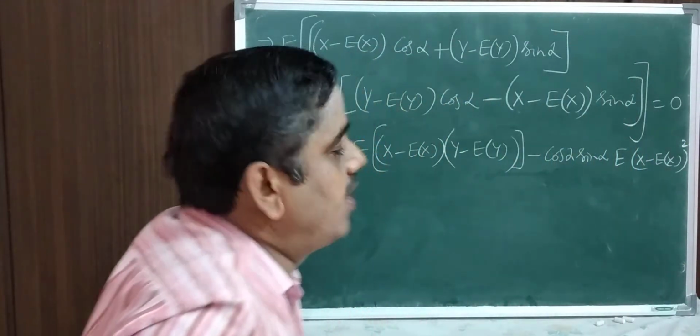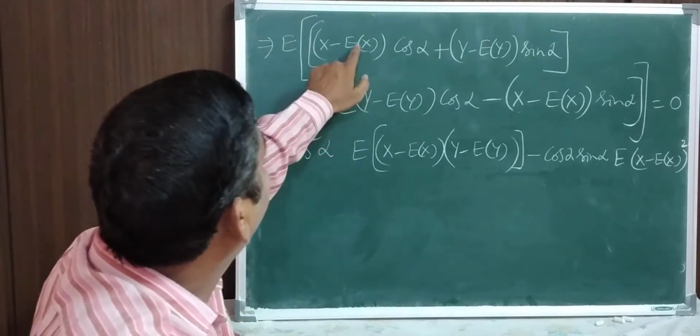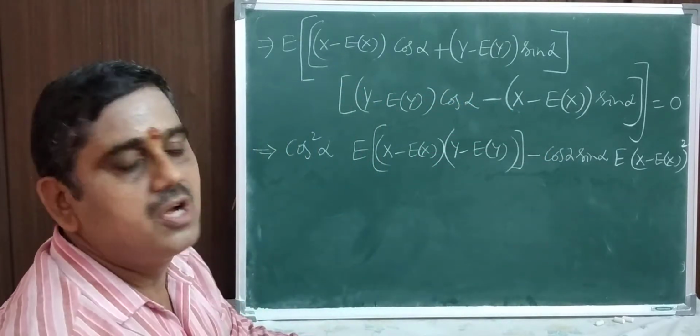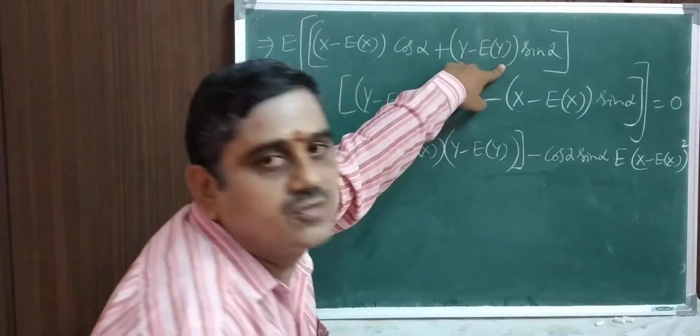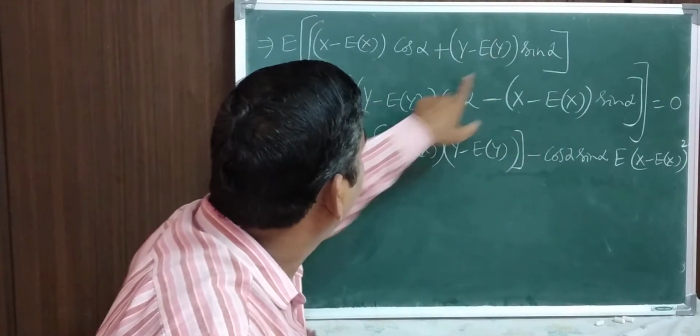Expectation of x the whole square. That is the second term we have. Now I have multiplied the first one with the second one. It was finished, and now I take the second term in the first one and multiply it with the two terms. So first, second with first.